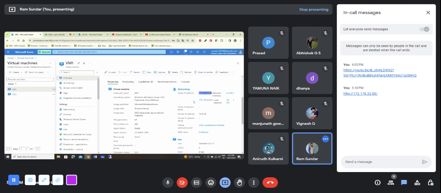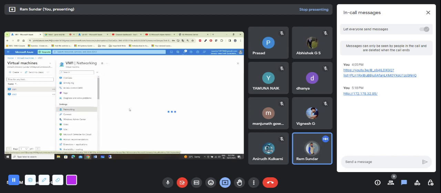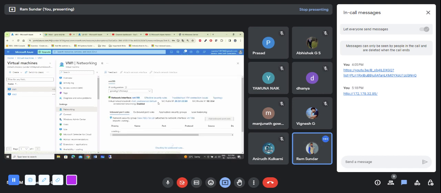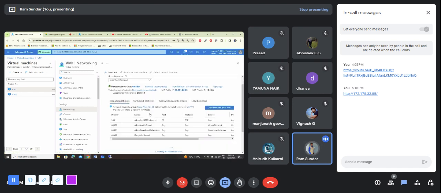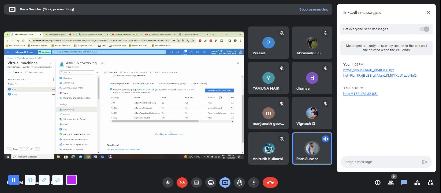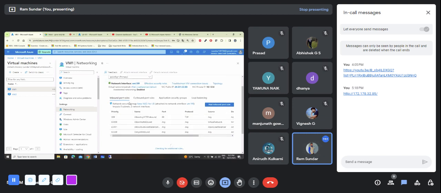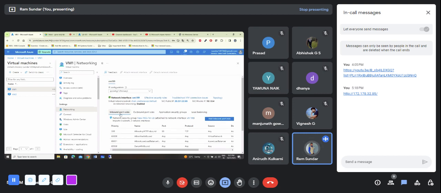Okay, so the network security group which I added for these two VMs, you see there is no rule for RDP purpose. So that is why the VM is not able to take RDP even though it is assigned a public IP. Okay, so now what I am going to do